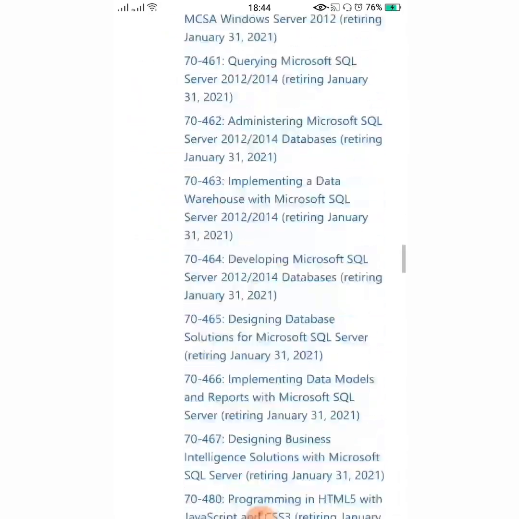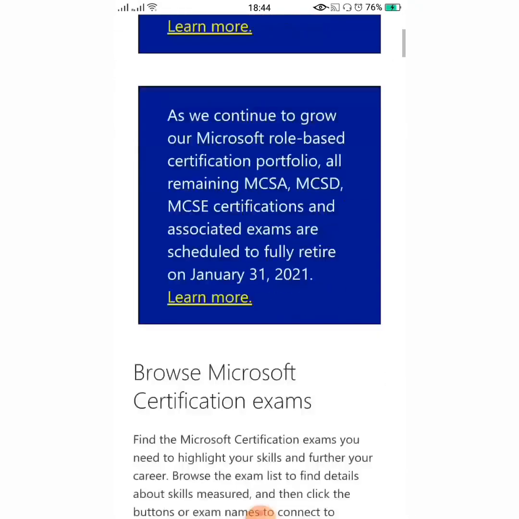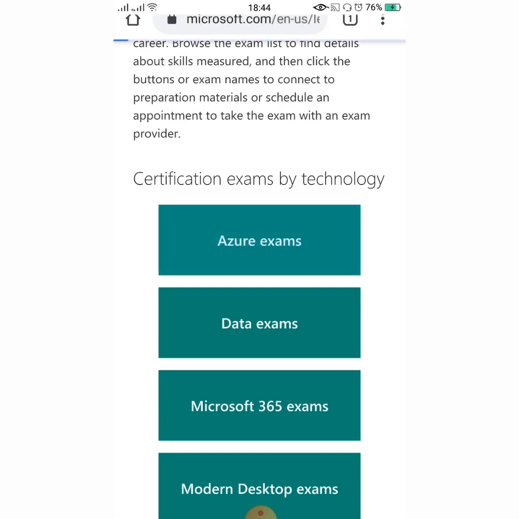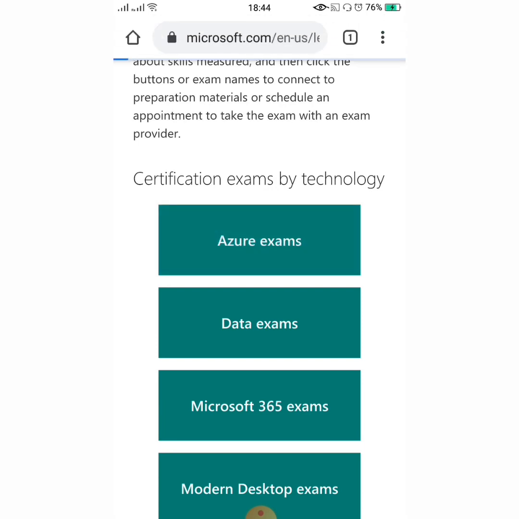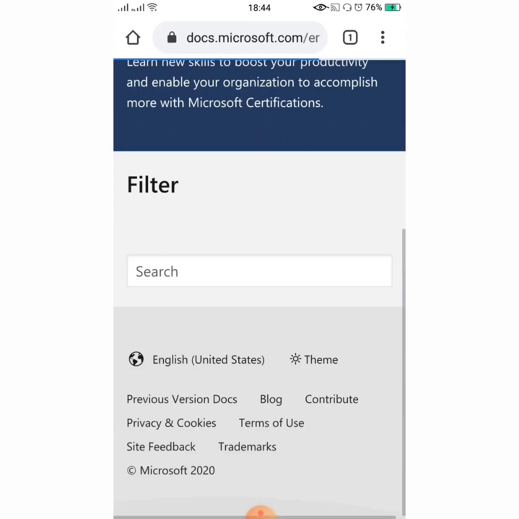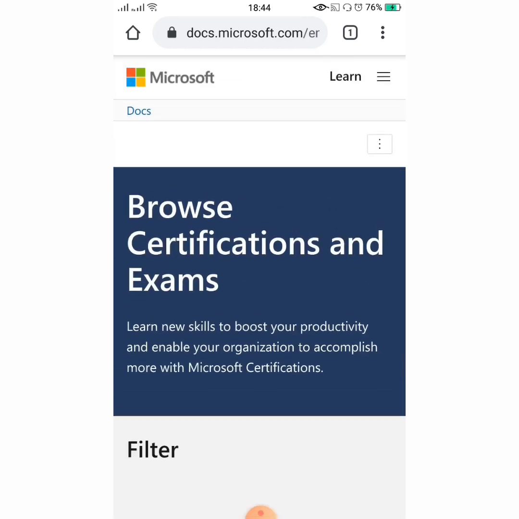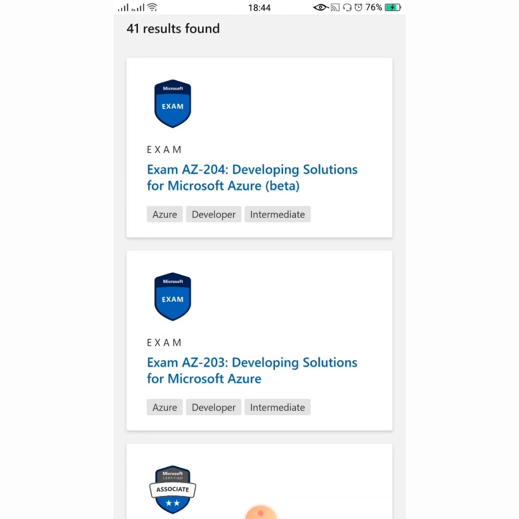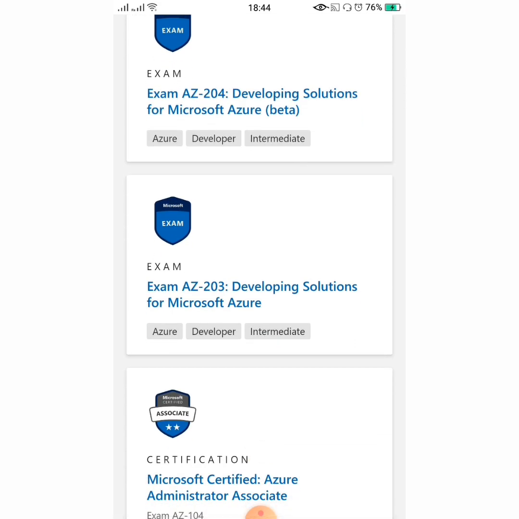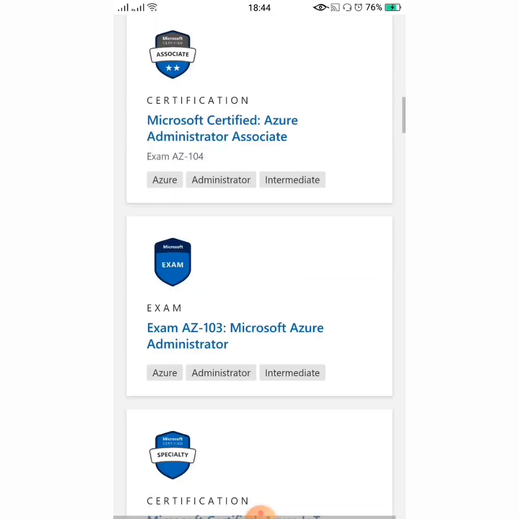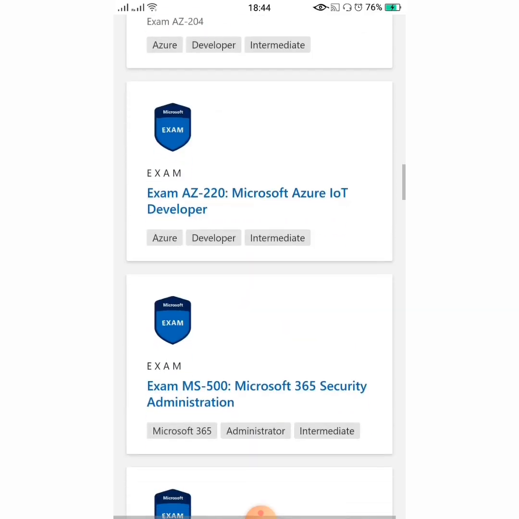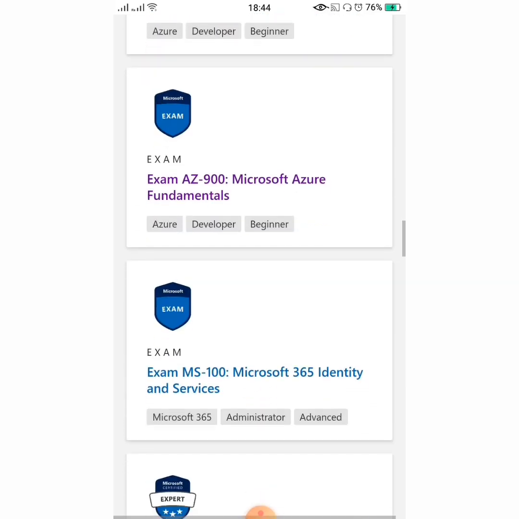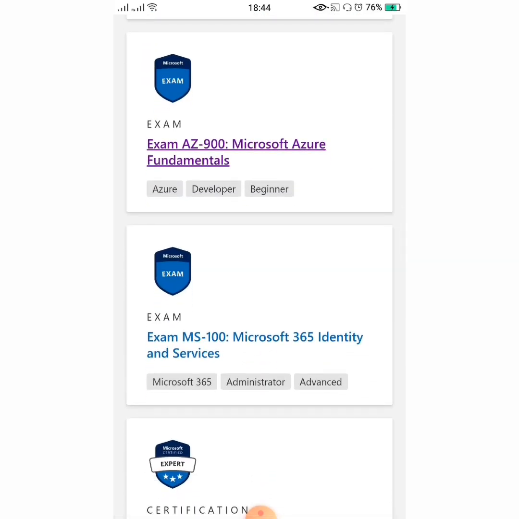Okay, the certification I am going to do is Azure certification, so I am going to click Azure exams. Okay, it is loading. Exam AZ 204, exam AZ 203. Okay, I am searching for AZ 900. Okay, I got it.